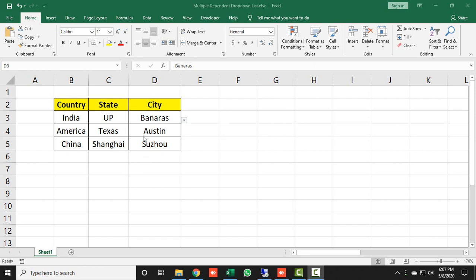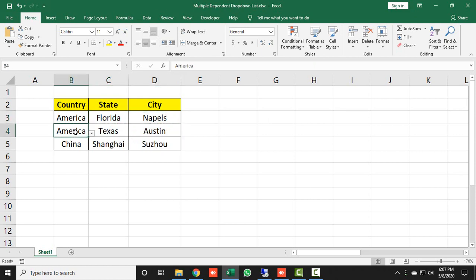So how? If you can see here, the country name is available, and if I change the country name, let's say I'm taking just America, then the next cell will be dependent on this name. It means here it will show all state names for the country America. Here you can see the state names coming: California, Texas and Florida. And if I select the state Florida, then the city names of Florida will be available here. All right, let's check. This is all right.